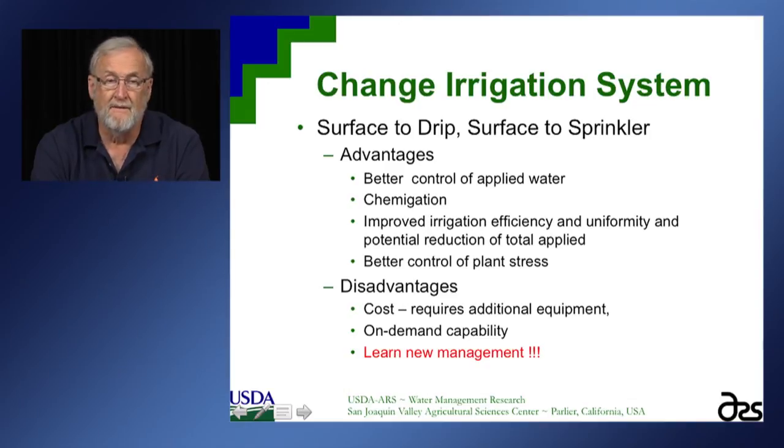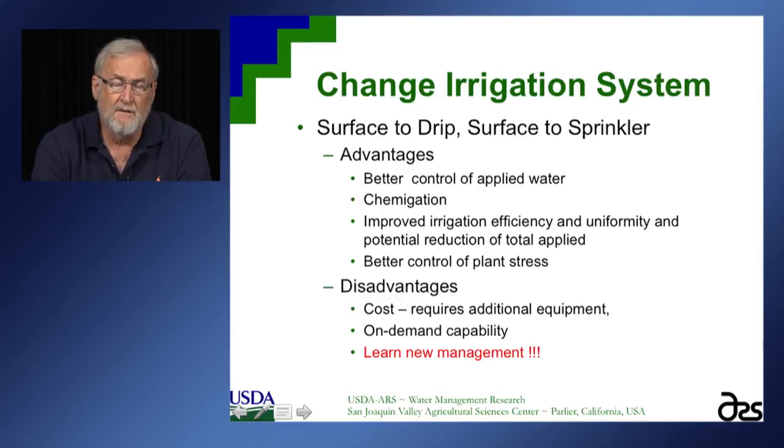Another critical component, to really make these systems effective, is to be able to use them on demand. And so we're talking about having water on demand. And so a pipe system, certainly, that's not a problem. You know, when you have water delivered by canals, that's a bigger issue. And I heard recently that some irrigation districts that are typically canal systems are also developing sort of off-stream storages or capabilities that they can provide water on demand, because a lot of their growers are beginning to use drip irrigation systems.